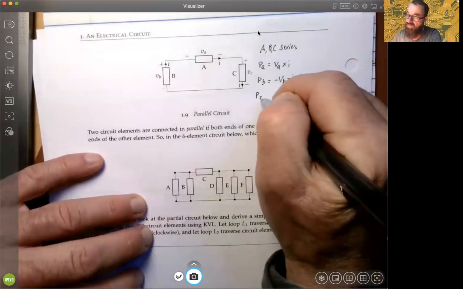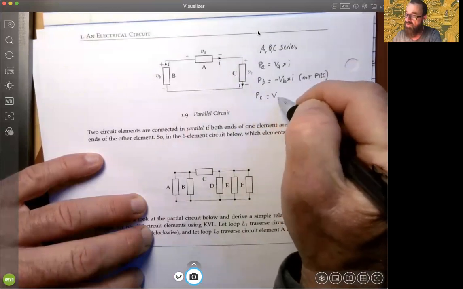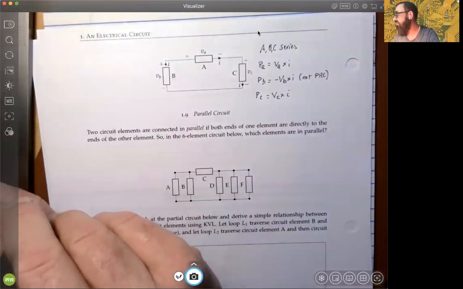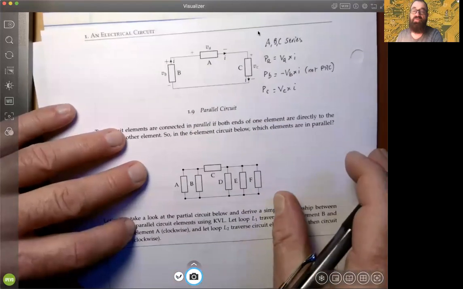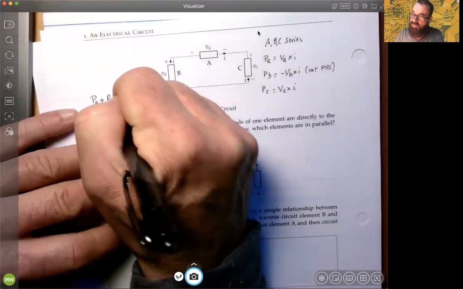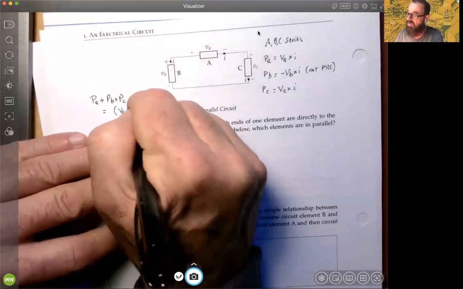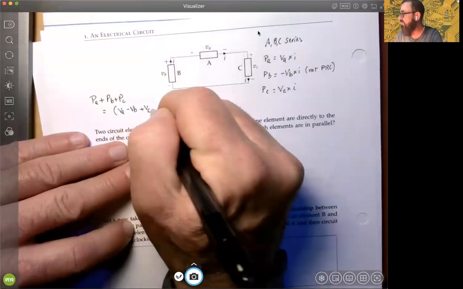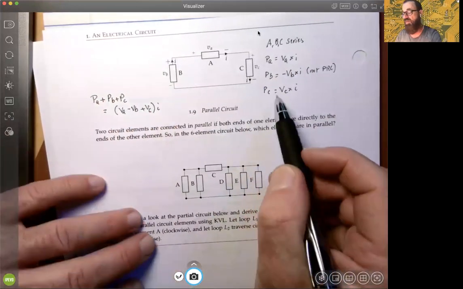And then finally, the power for element C. Again, the current is flowing into the positive voltage polarity, so it's just the same formula as A, but it's VC times I, okay? Right? Okay. And if we were to sum these up, PA plus PB plus PC, what we would in fact have, because we can factor out the current, right, times I, right? So you see what's happening because that is a common component to all the